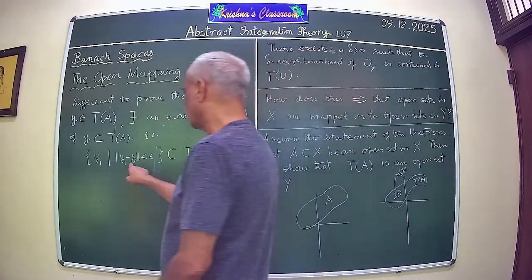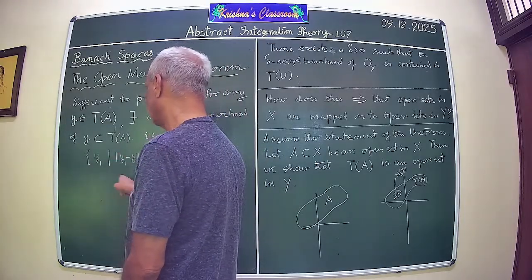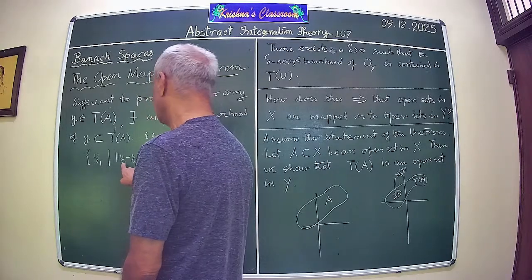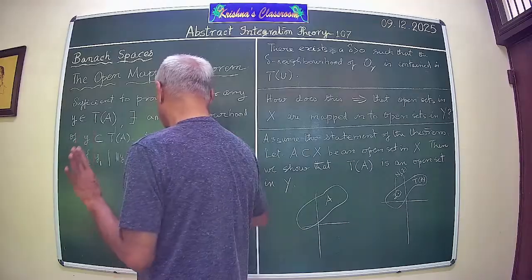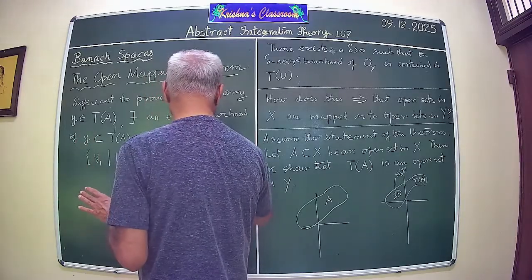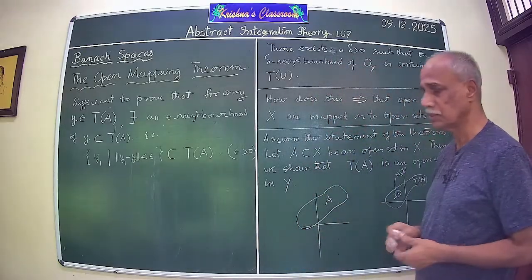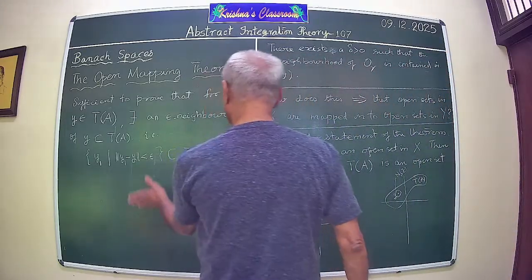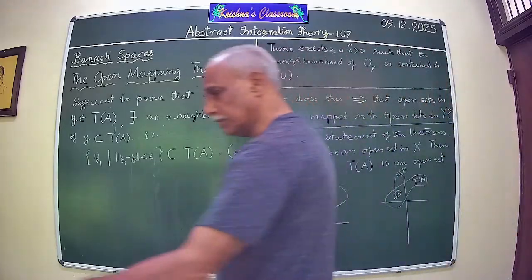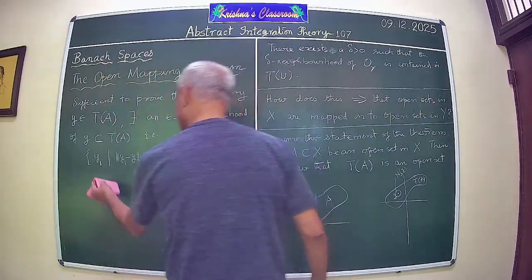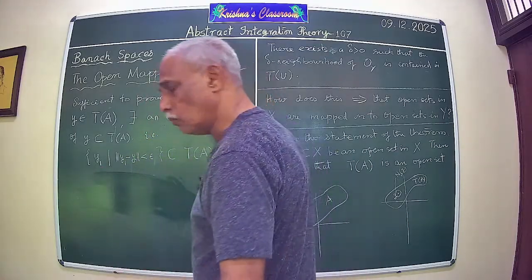So this is the epsilon neighborhood of y. This is the set of all y1 such that the distance between y1 and y is less than epsilon, contained in T A for some epsilon possible. This is what we want. How to pick the epsilon? This is the problem. Okay. What we are assuming is the statement of the theorem. So eventually we prove that statement of the theorem so that it will imply this. Okay. So we have chosen y belonging to